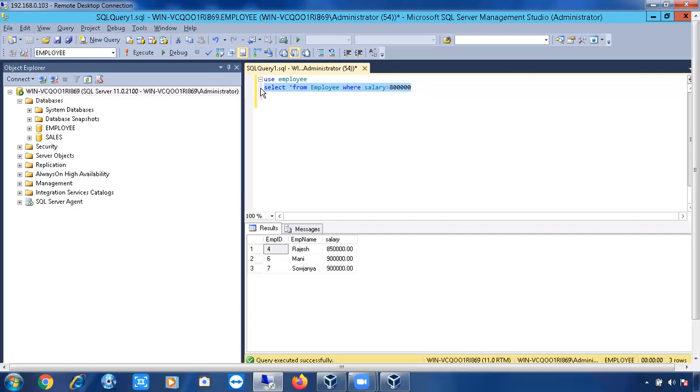Reading the data from the disk, writing the data to the disk, and processing the data, everything will be done by the service account only. So usually service account is very important. We have two types of service accounts. One is inbuilt service accounts or default service accounts, and the second one is customized service accounts. If you go with inbuilt service accounts, can anyone tell me what is the famous inbuilt service account?